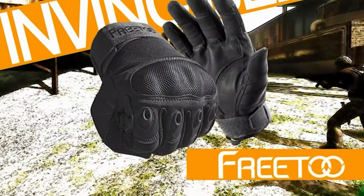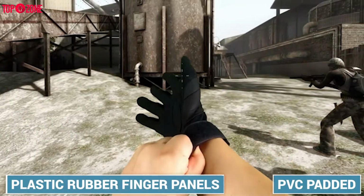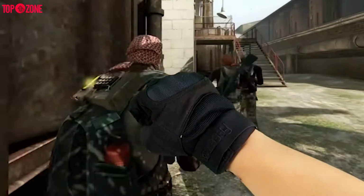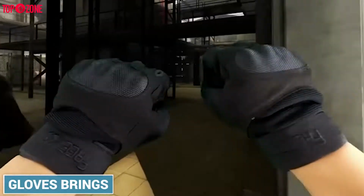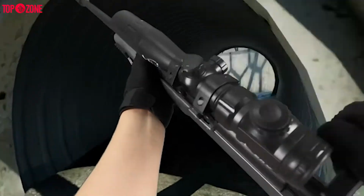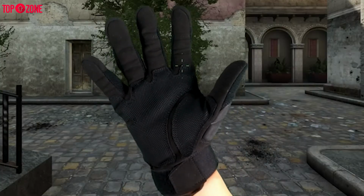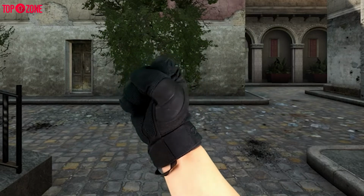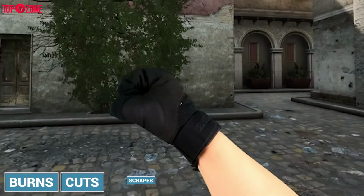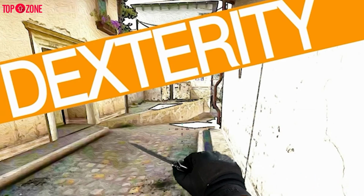The Frido technical leather gloves feature composite PVC padded knuckles and thermoplastic rubber finger panels. One of the benefits this type of glove brings is perfect protection, which puts it top of the list. These gloves come with a reinforced palm and double stitching for heavy duty. The padded palms are there to protect your hand from abrasion. They are designed to protect users from burns, cuts, scrapes, and other injuries. They have a double layer for durability and